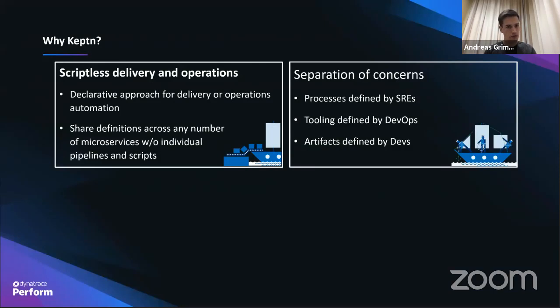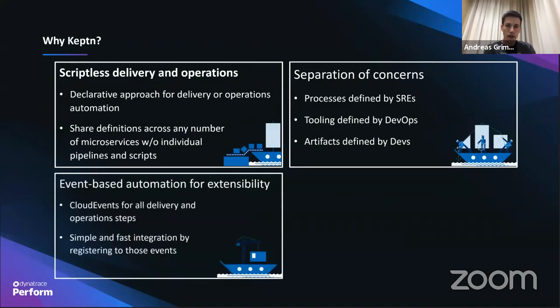For example, using JMeter or Neotys as test tools. And finally, the devs can really focus on their artifacts, providing new artifacts, new features, and then get instant feedback on these artifacts. Next slide, please. So, and therefore we are using an event-based automation approach.